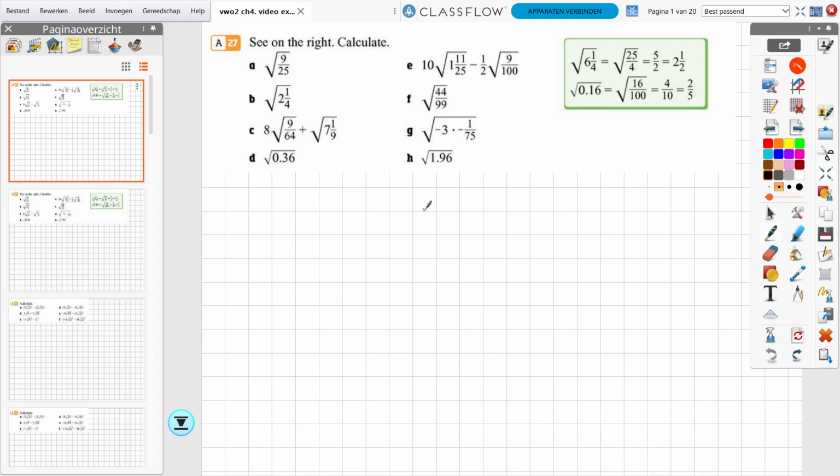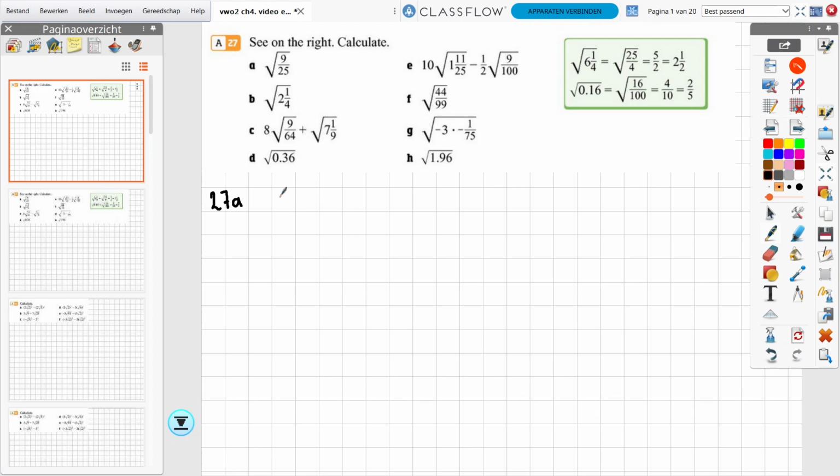Hello everyone, we're going to take a look at exercise 27 where we're going to take roots of fractions, for example at a, b and c, and at, for example, d and h. You also see how to do fractions when we have decimal numbers. And let's just take a look at how we can do this, and you will see me oftentimes using the same trick